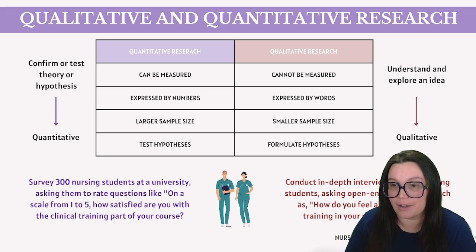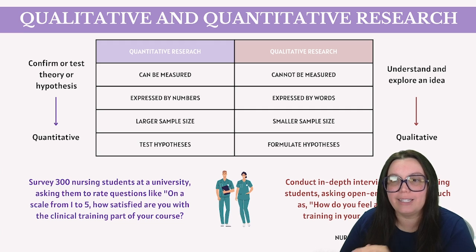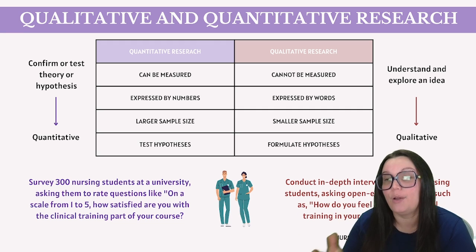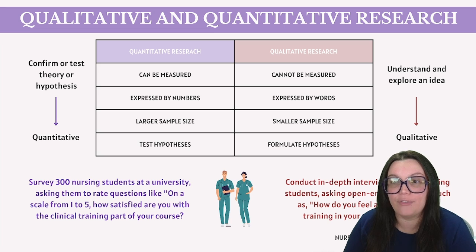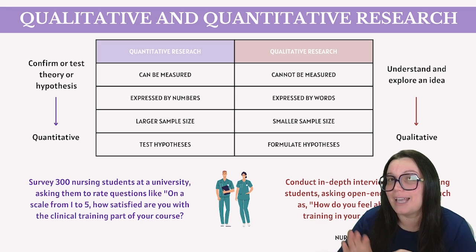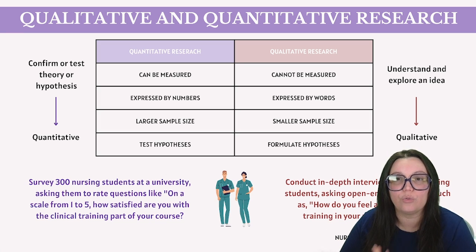Quantity, quantitative. Conversely, we have qualitative research, which is utilized primarily for formulating hypotheses. So unlike quantitative research, it produces data that is expressed in words rather than numbers. It often requires a smaller number of respondents, meaning that the data cannot be measured mathematically. The analysis for qualitative research involves summarizing, categorizing, and interpreting the collective verbal and textual data.